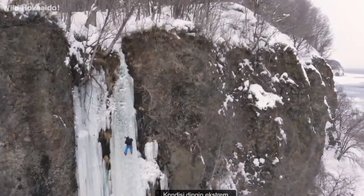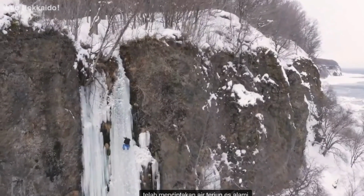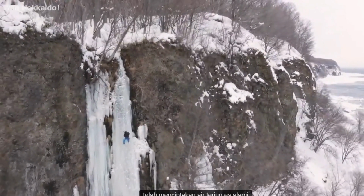The severe cold conditions here on the coastline of the Sea of Okhotsk have created spectacular natural ice falls, an irresistible